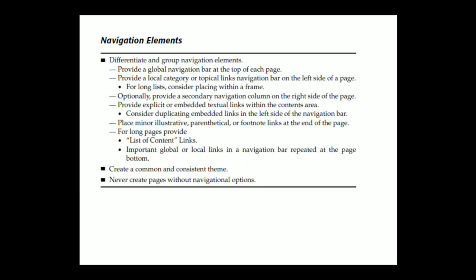Global or site-wide navigation elements provide access to the site's total scope or categories of available information. An evolving standard in design is to locate the global navigation elements horizontally at the page top. Local, specific, and contextual navigation elements within the category or topical area being presented are typically displayed in a columnar array down the left page side.